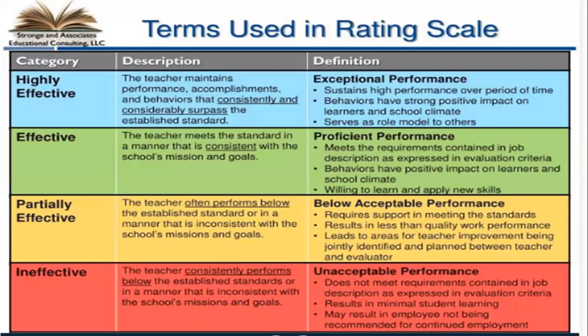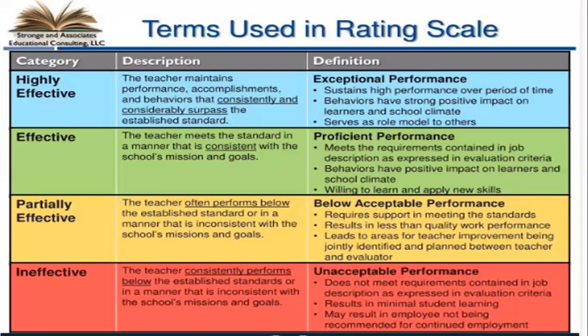If a teacher often performs below the established standard or in a manner that is inconsistent with the school's mission and goals, accordingly there will be below acceptable performance, and they require support in meeting the standards. It results in less than quality work performance, and this leads to areas for the teacher's improvement being jointly considered and placed between teacher and evaluator. On the basis of these hallmarks, the performance of the principal is categorized as partially effective,